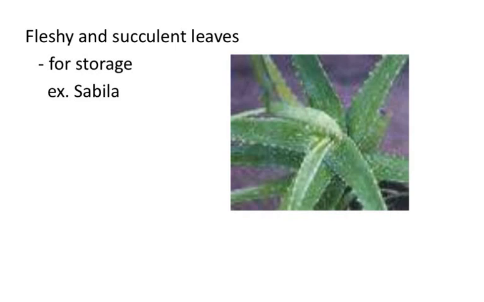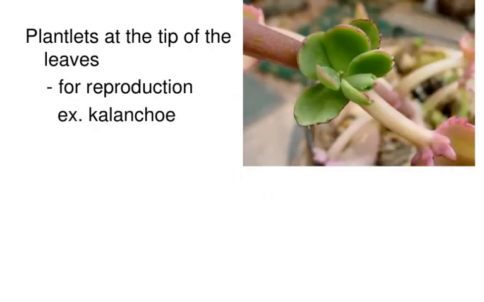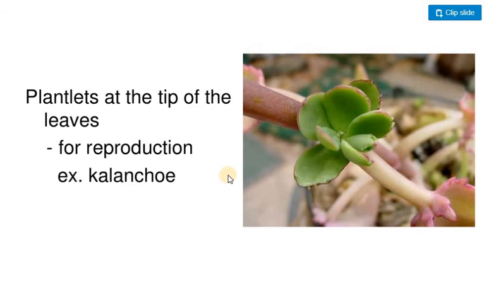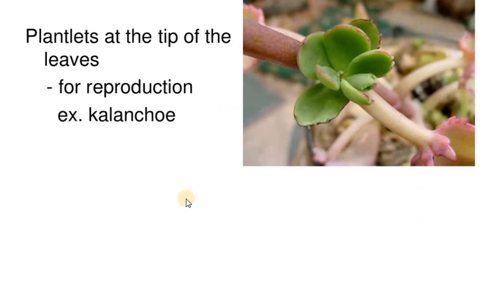And if you see the fleshy plants, xerophytic plants, leaves are succulent. They are meant for storage of material, storage of water. So they have a viscosity inside. And in some plants, plantlets develop from the tip of leaves. Plantlets arise from the tip of the leaf. For example Kalanchoe, the plant we used to use for cleaning slates in the old days. In that plant, plants arise from the leaf tip.